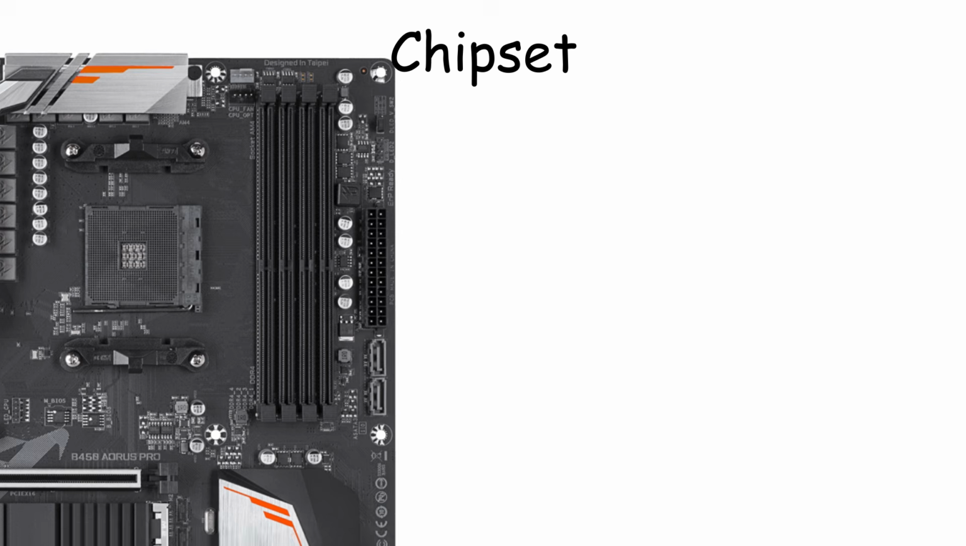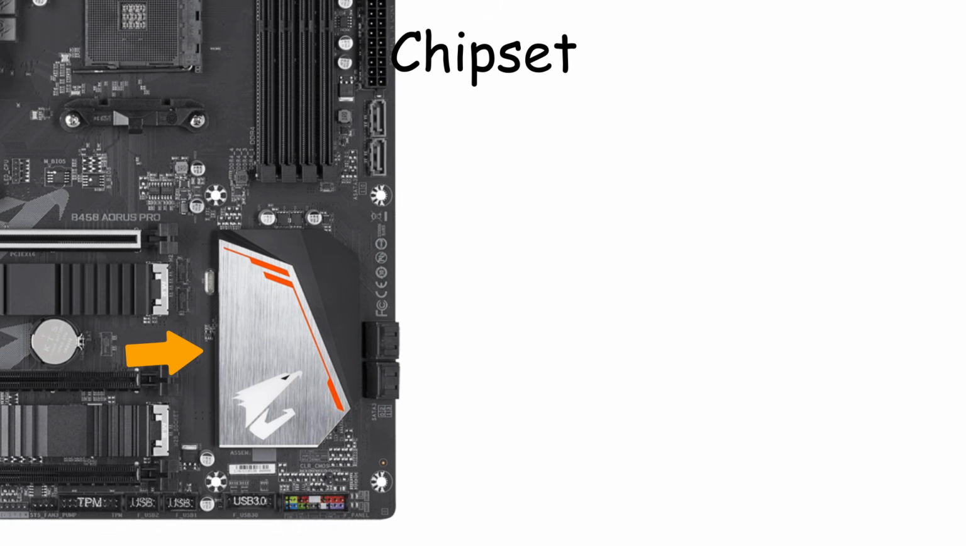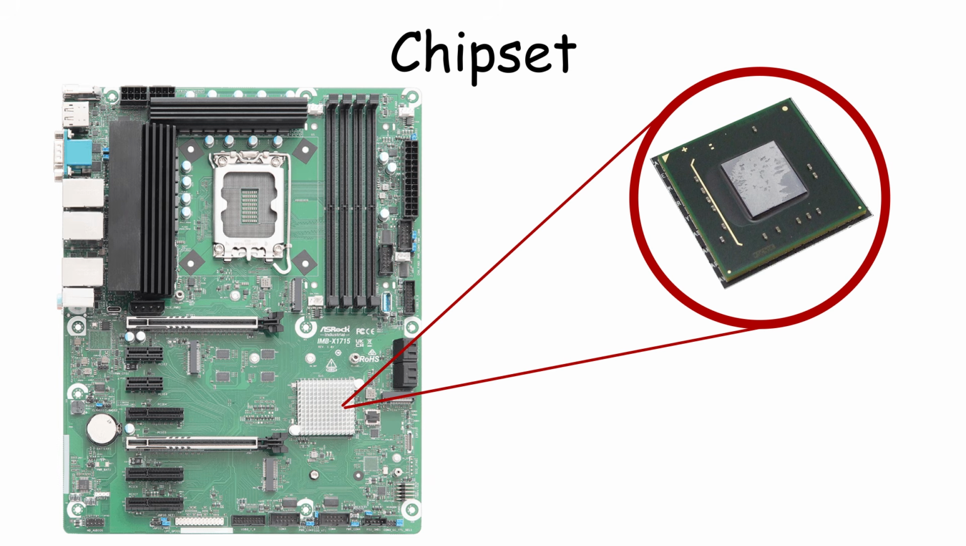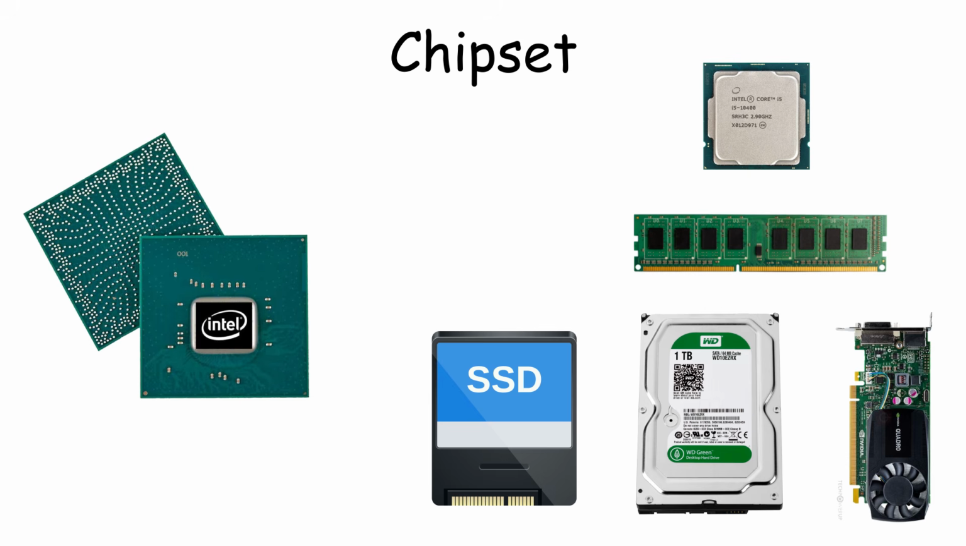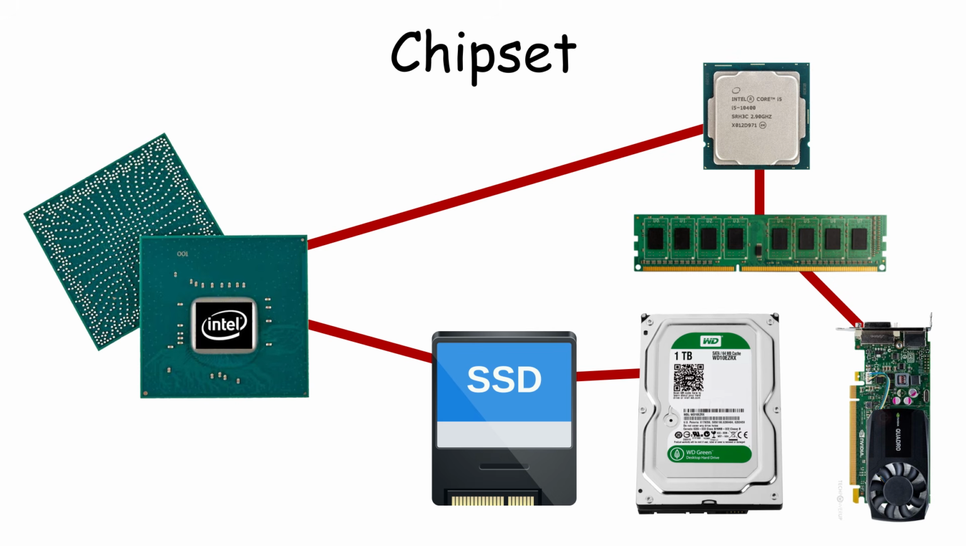And slightly below the CPU area, you will often see another metal block or small heatsink placed on the motherboard. Under this heatsink is the motherboard chipset. A chipset acts as the communication hub and traffic controller on a motherboard, managing data flow between the CPU, memory,